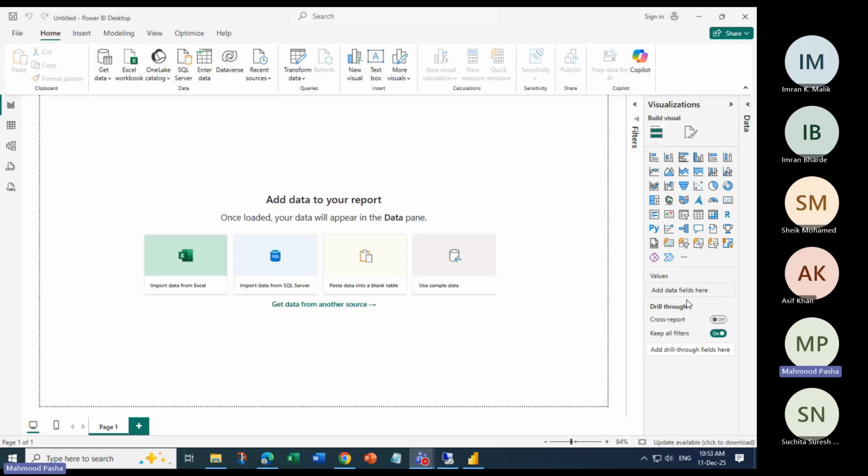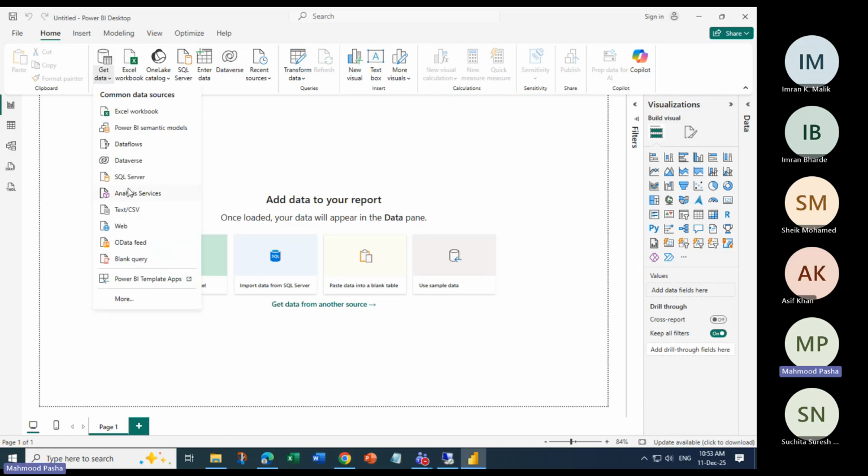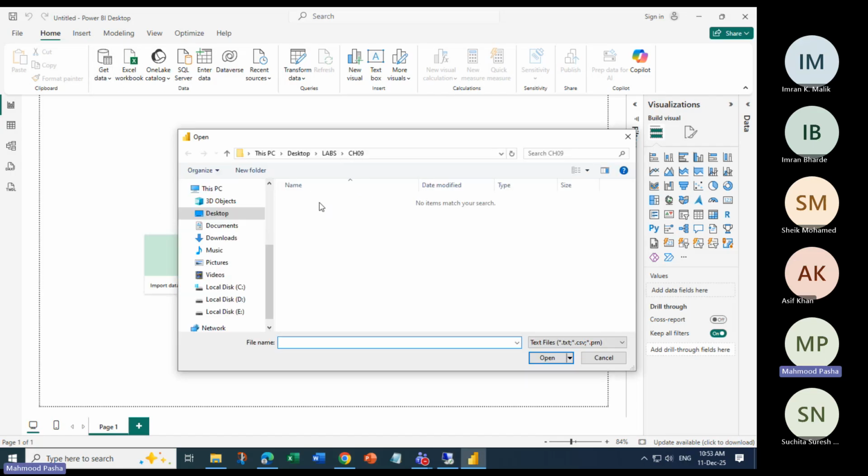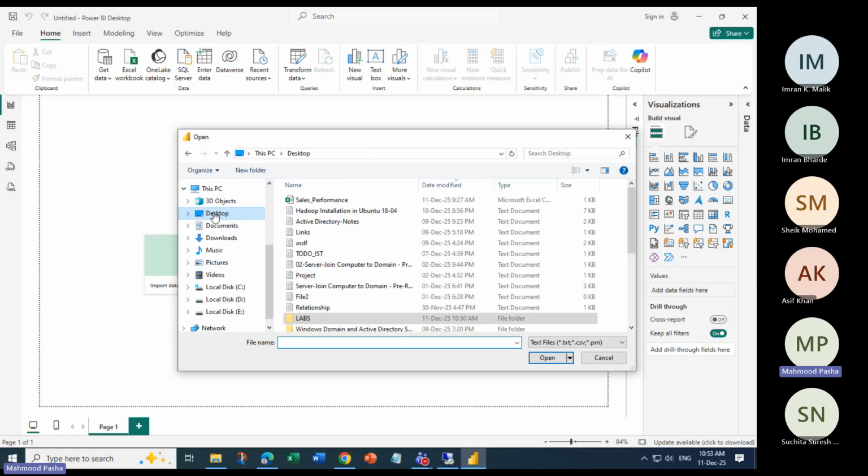Just confirm if you all have the files with you. Yeah, we do. Okay, so let's go to Get Data, and then you can select here text or CSV. And on the desktop, you will be selecting here sales performance. And when you click on open,